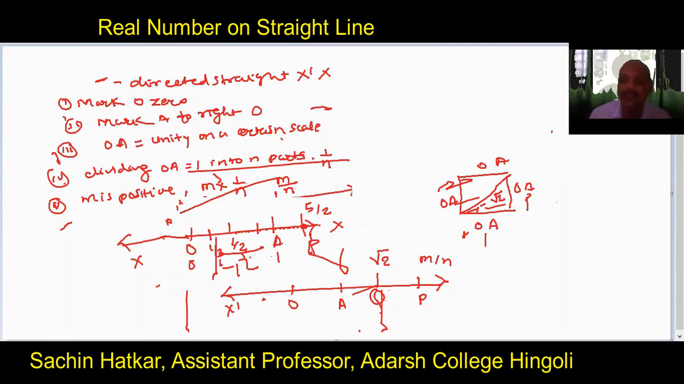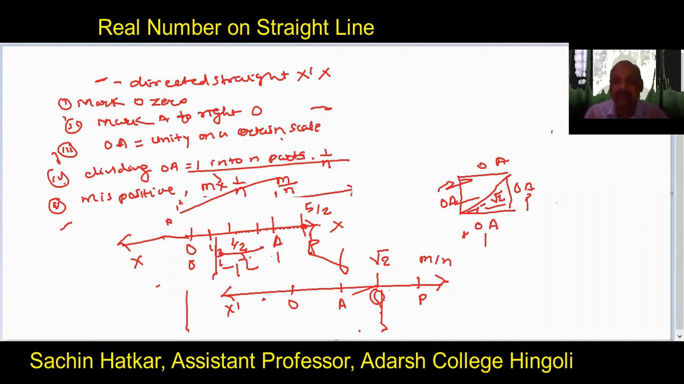It is an irrational number, but its length is equal to the diagonal of the square of side OA, and this diagonal length is somewhere to the right of A. And if this is not a rational number, it still has a point on the straight line. If it has a point on the straight line and it is not a rational number, that means there are